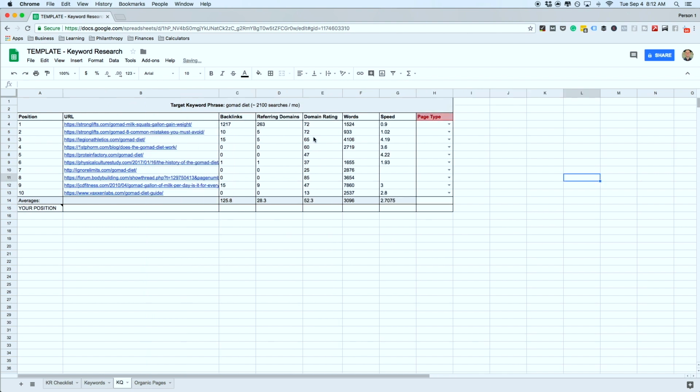The next column, page type, requires a manual analysis. So there are only a few different types of options in this case. It's going to be a home page, category page, product page, blog post, or other. And this is super important because we'll want to model the page type that Google is showing for the target keyword. And the final stage of this process is to gather metrics for your page if you've already attempted to